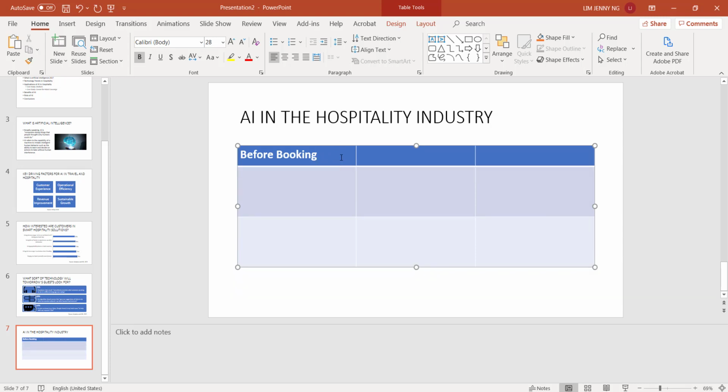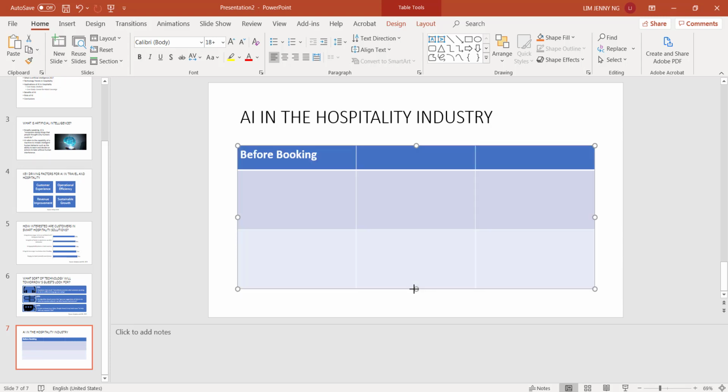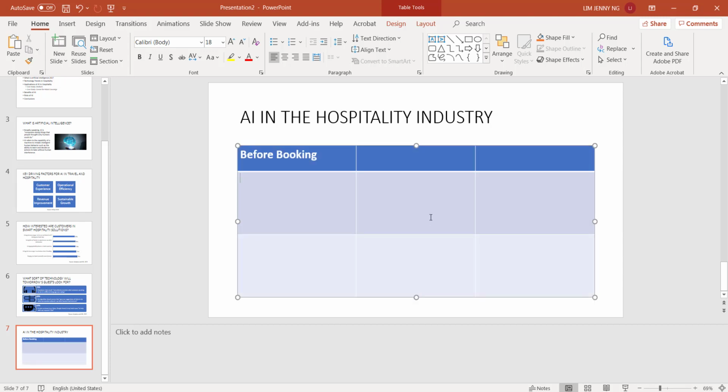And as I drag up, you'll see that it has reduced the height, but I'm going to pull this down so that these 2 rows are still taller than the first row. So here's the first title, and the next one is